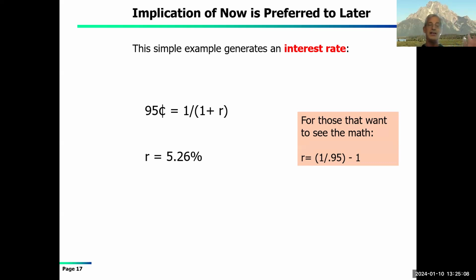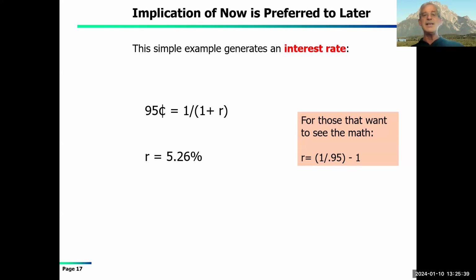You can use Excel spreadsheets. You can do all kinds of formulas. But it turns out discounting is the basis for interest rates. That is what interest rates are all about. It is all about the translation of receipt or payment of dollars in the future versus what is that worth today. And I put a little box in there if someone wants to play around with the math to make sure that I got it right.